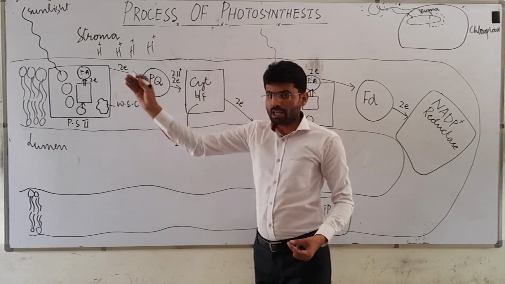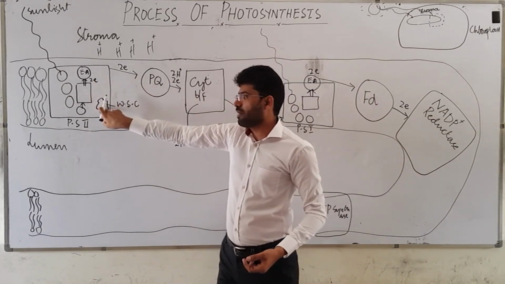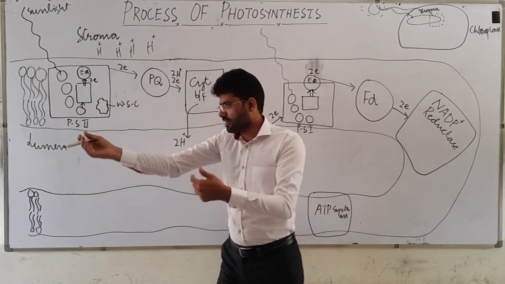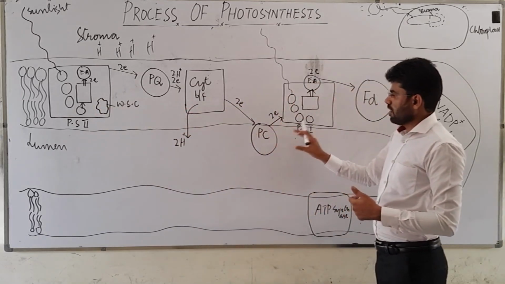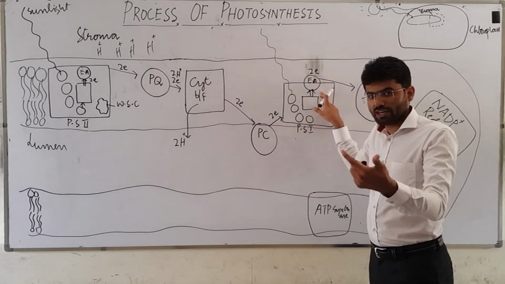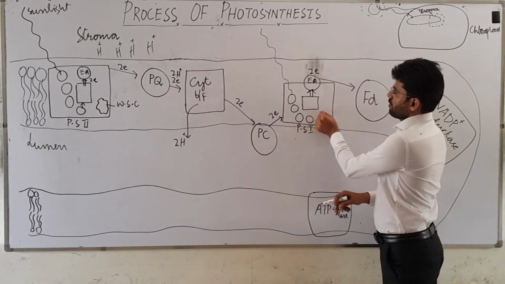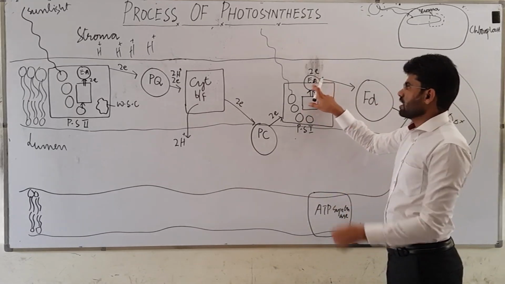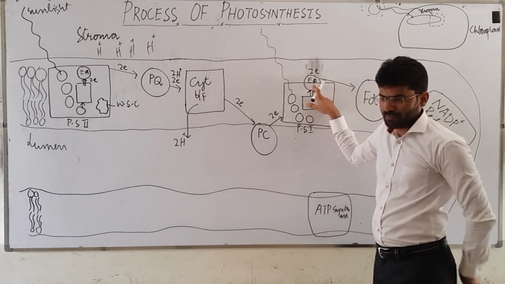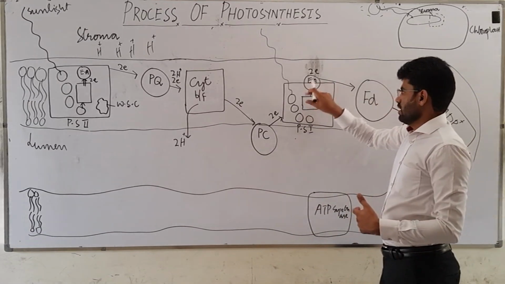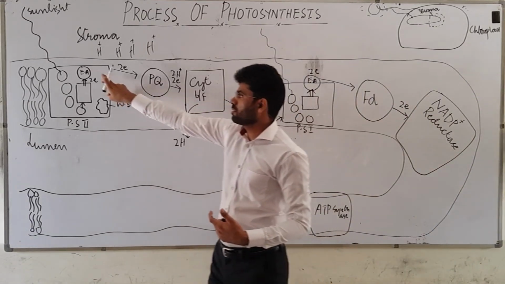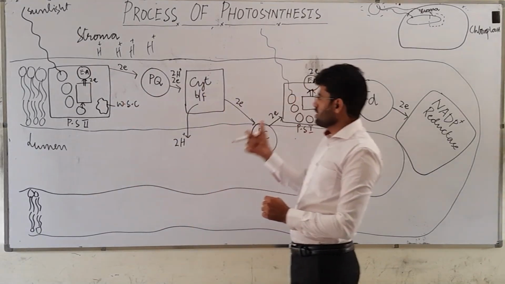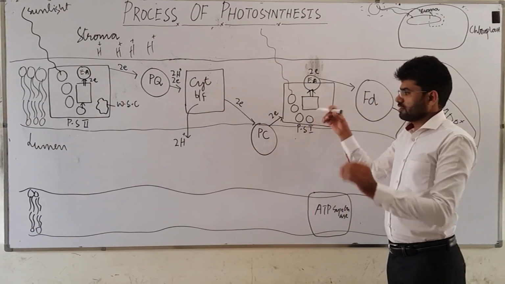We will repay these two electrons by this water splitting enzyme complex later in the video. But now the story is started by this PS1 which has just lost its electron, and they are taken up by an electron acceptor. It will be called the primary electron acceptor molecule because it receives the first electron of this PS1.